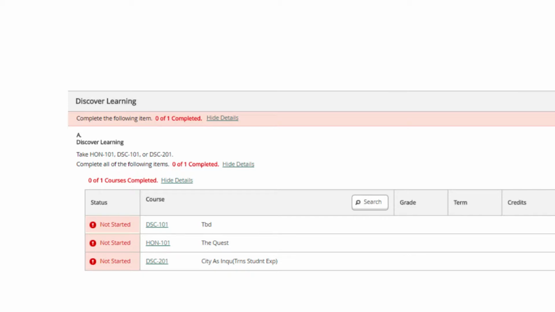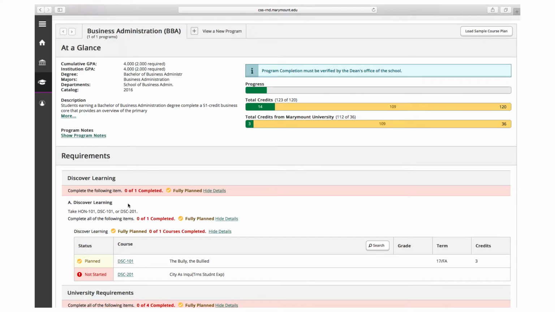This status may indicate that you still need to plan a course on your timeline. If you plan a course in a sub-requirement that has multiple options listed, then the other courses may show as not started. You will need to check the specific requirement to confirm whether or not you need to add additional courses from that requirement. If you have planned enough courses to meet the requirement, then it will show as fully planned next to the